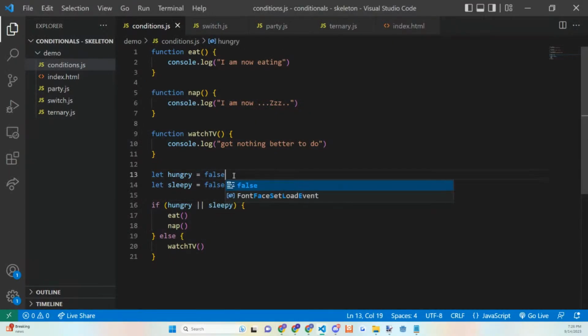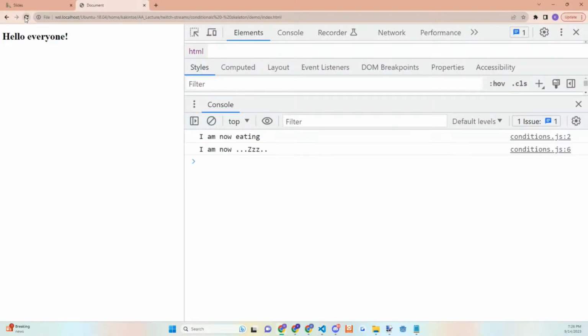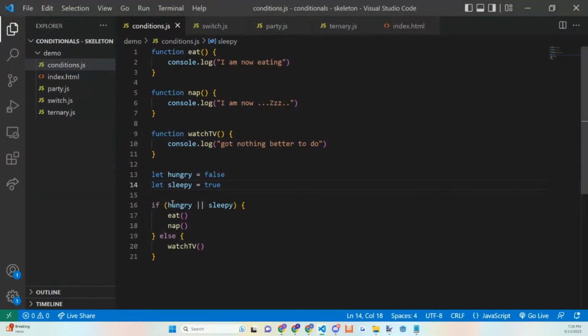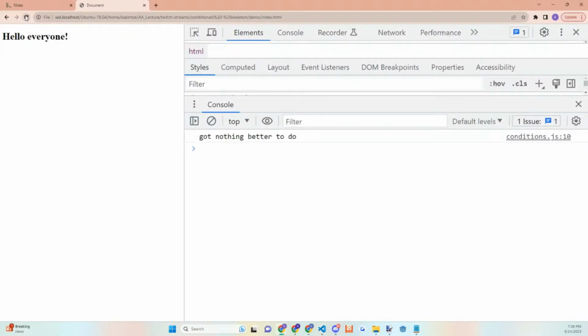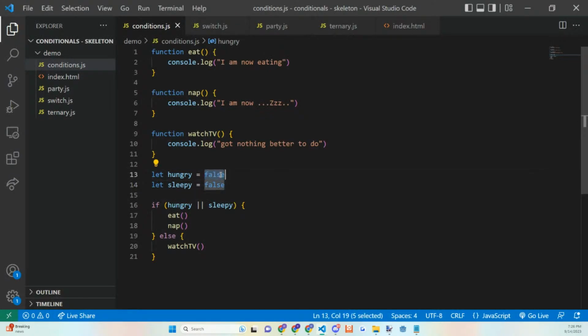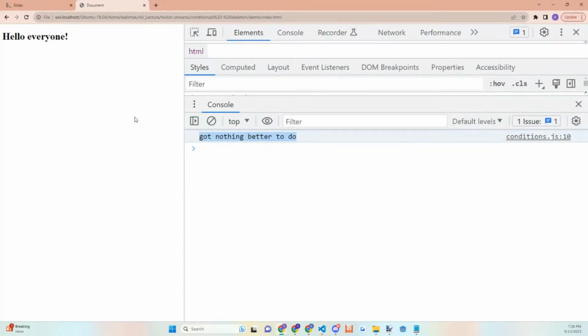And if we were to swap these values, false and true here, we would still get the same evaluation because at least one of these values is true. Now, if both values are false, then we would expect that, of course, we're still going to get watching TV, nothing better to do. Whereas if both were true, then we would also anticipate that we would get eat and nap, because you're fulfilling at least one of the conditions.